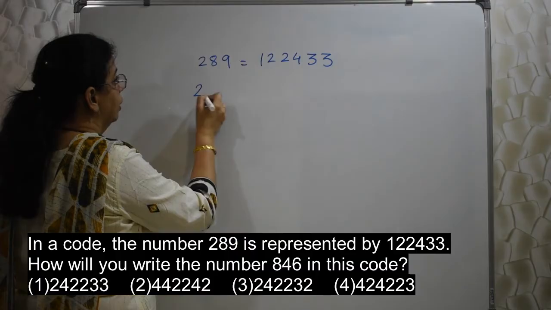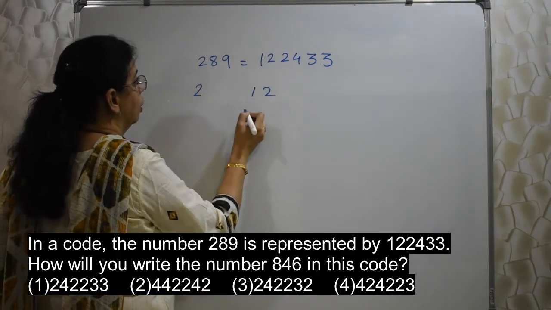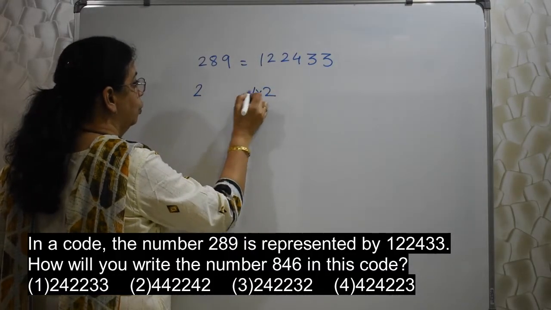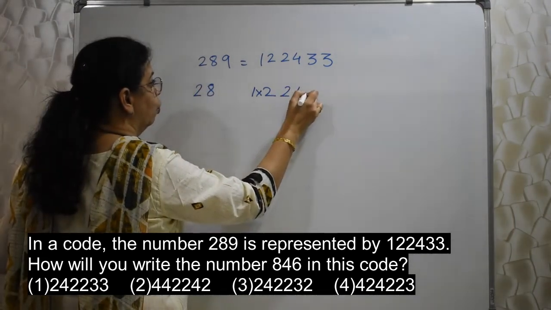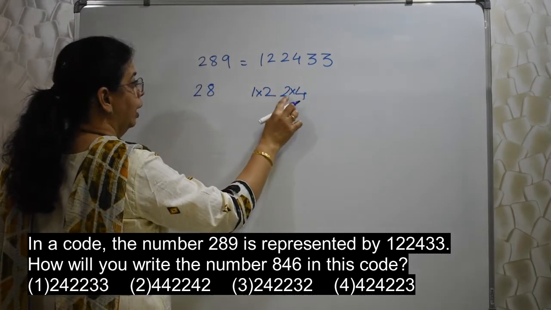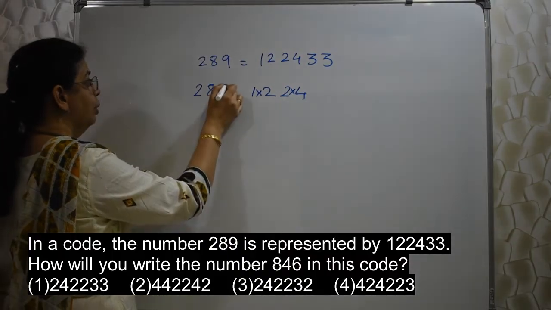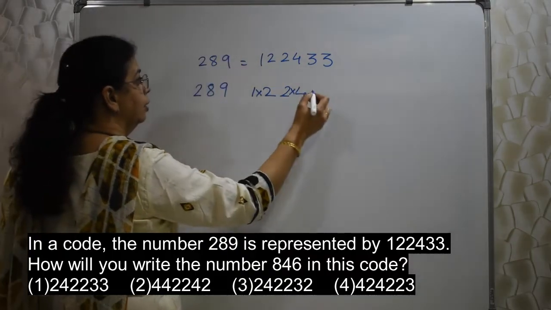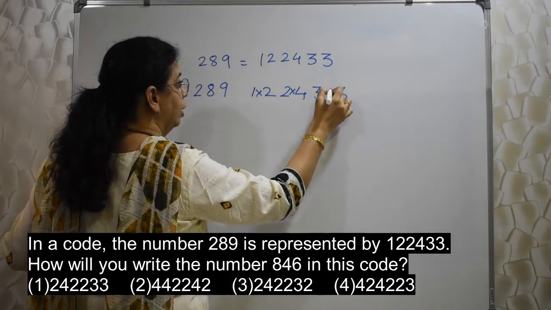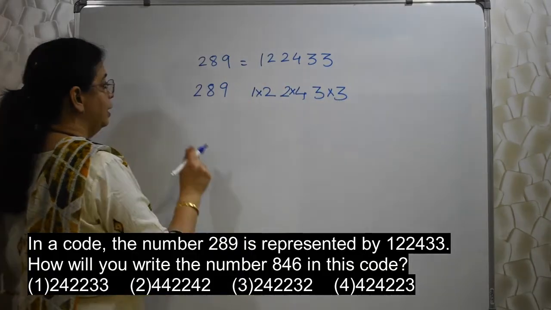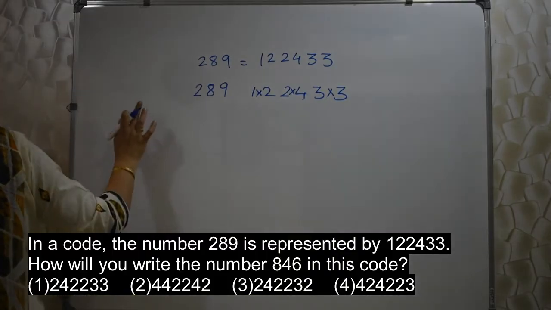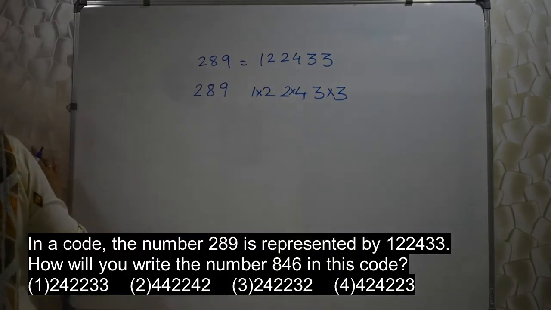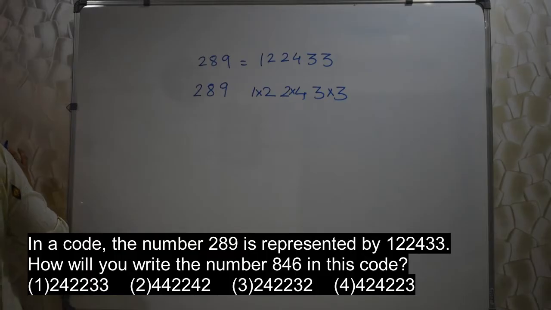See, 2 है इधर 1 and 2 है. So maybe it is into. Let's see for 8. It is 2 and 4. Here again into से होता है. 2 into 4 is 8. Yes, अभी तक तो चल रहा है. अच्छा, 9, 3 and 3 into, yes, it is the code language. So how are they converting this original thing into the code? By multiplying two numbers, right?